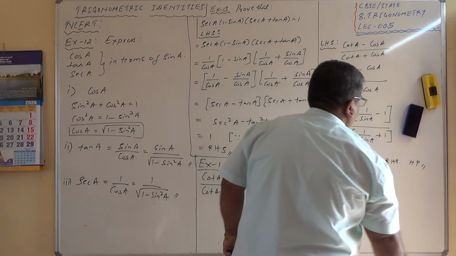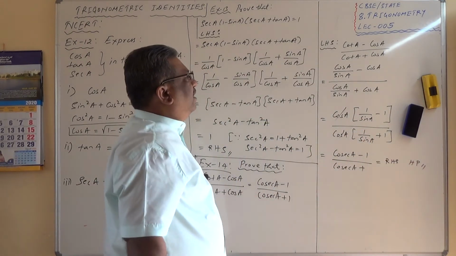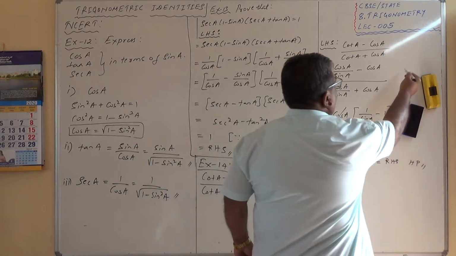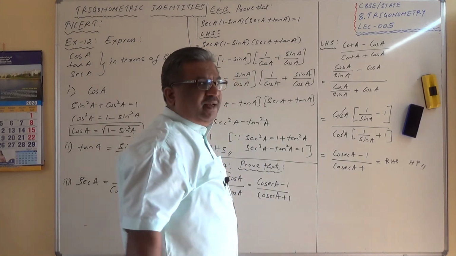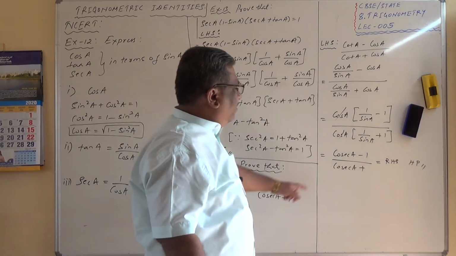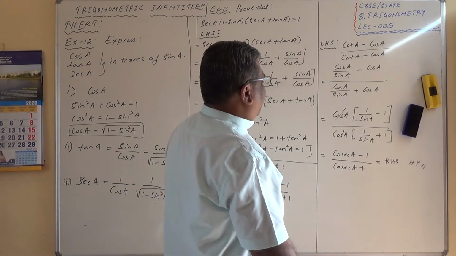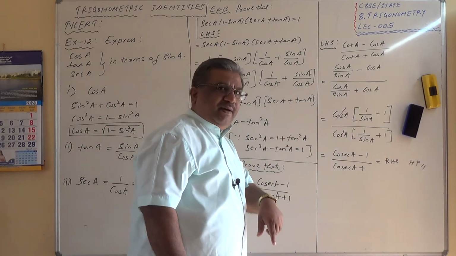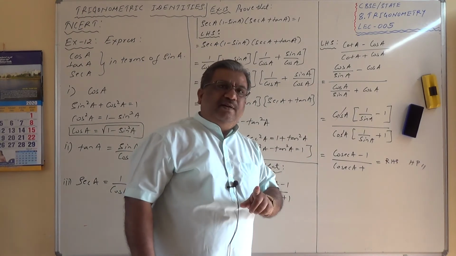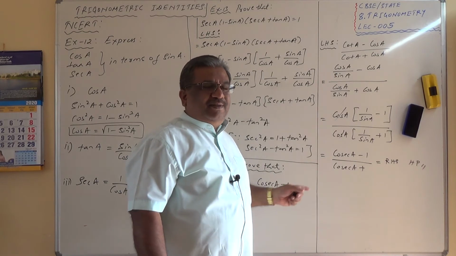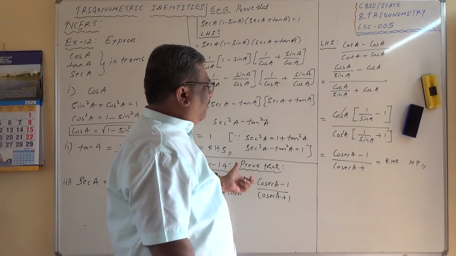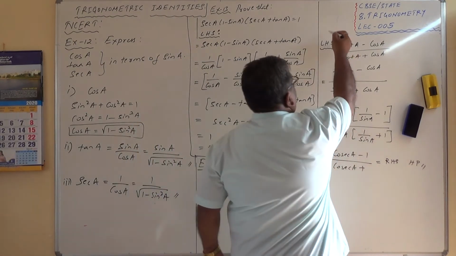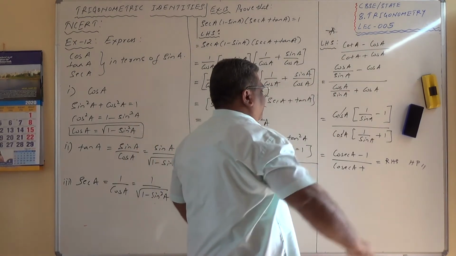Hence proved. You got it? What reasons would you like to write here? No need to write that cot theta is equal to cos by sin; everyone knows cot A is equal to cos A by sin A. So that is how you can write it, and we have arrived at this one. Let me try to approach this by one more method. If I am not able to get it, then you must remember this method. Let me try that one and see. If it is not possible, then you must remember this method. It is a critical problem, so make a note of this also.